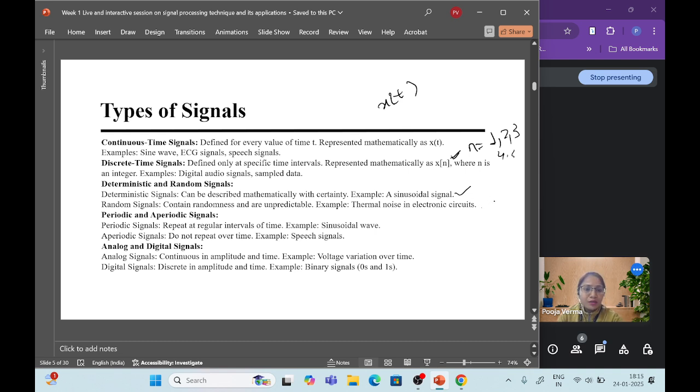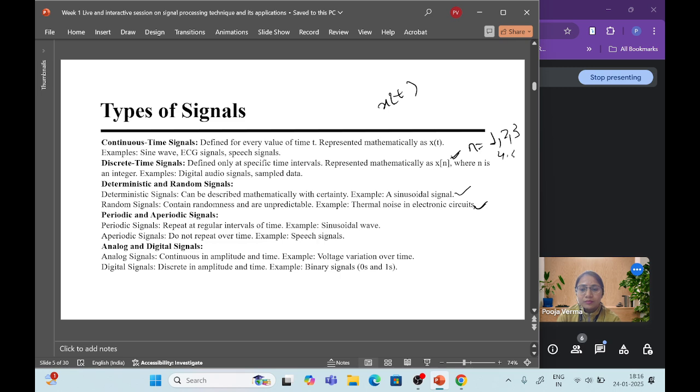Noise can be in any form. So a random signal has an uncertain situation that we cannot predict, whereas a deterministic signal can be described mathematically, but a random signal we cannot describe by mathematical